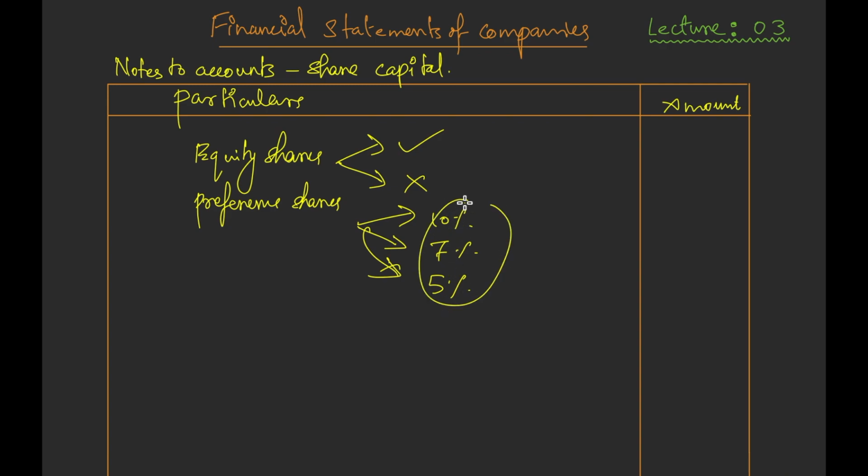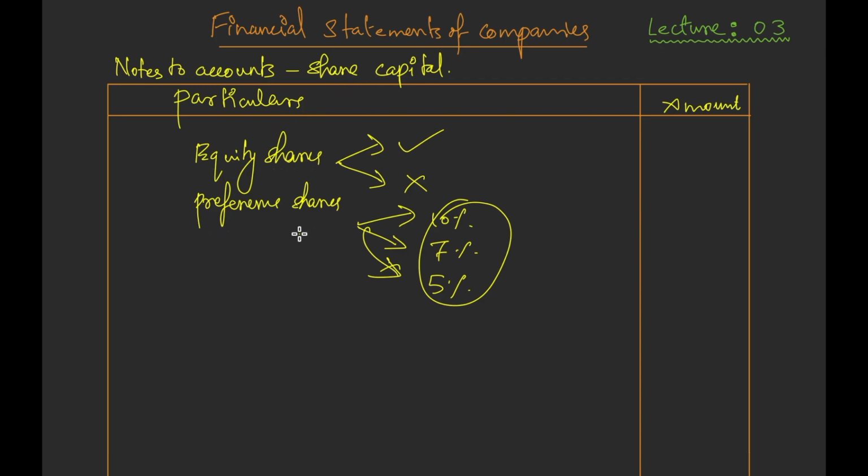These percentages are the rate at which the preference shareholders will get their dividend. So we can classify equity shares in terms of voting rights, and preference shares in terms of their payment of dividend. So for each class of equity shares or preference shares,